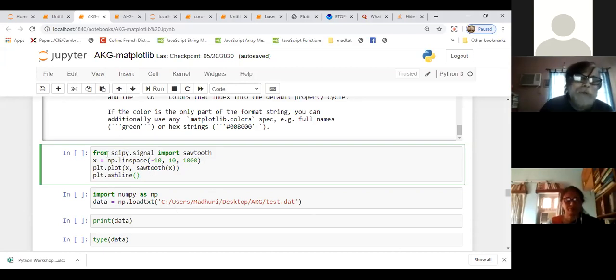So instead of writing import SciPy, we can write from SciPy dot signal. That means SciPy is your package, and inside that, signal is your module. I told you what a module is. A module is basically a big Python program, a Python script. Inside that, there are lots of functions and classes defined, and parameters defined. You can take them one by one. So this is the fun of doing Python programming.